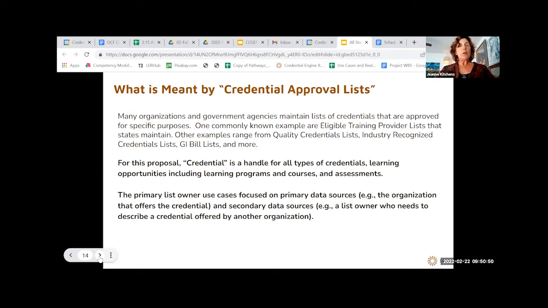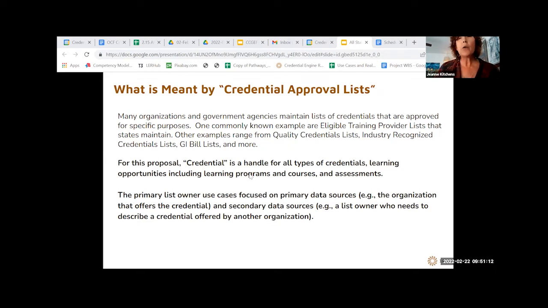And before we get into it, though, I want to make sure everybody understands what is meant by credential approval lists. There are many organizations, including governments, state governments, for example, that create lists for various reasons that are intended to communicate something very specific in the context of that list.